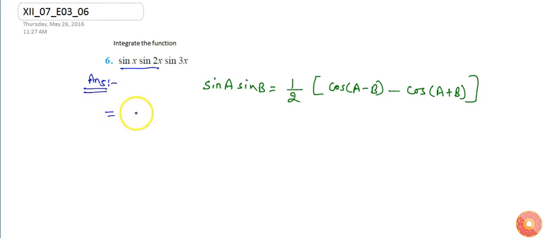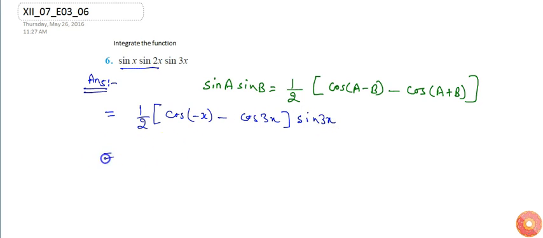So it will be 1 by 2 cos of x minus 2x, which is cos x, minus cos A plus B, which is x plus 2x, 3x, and the sin x will be